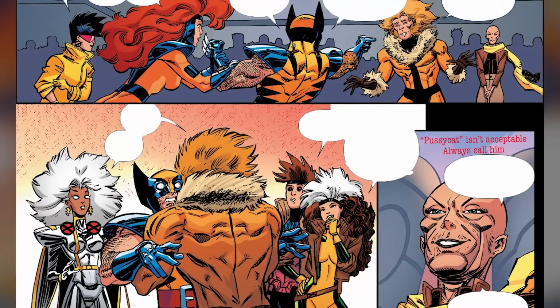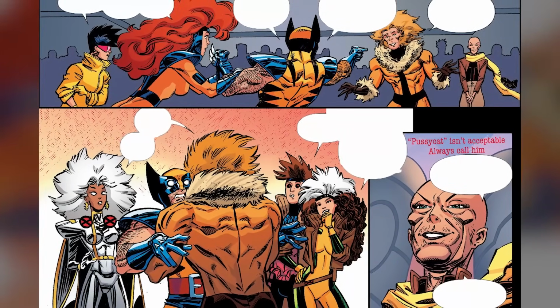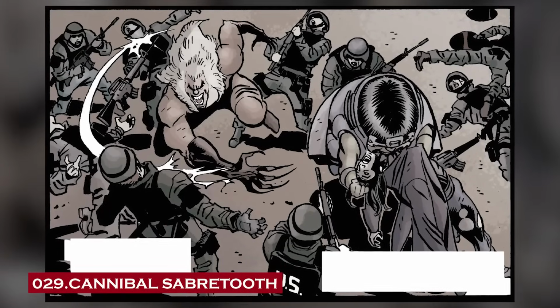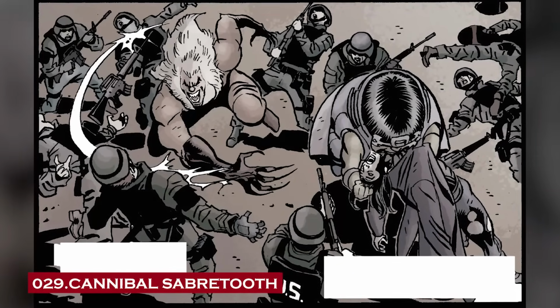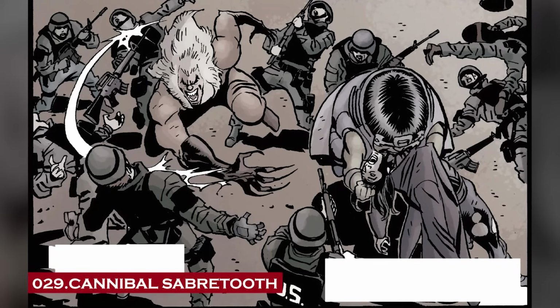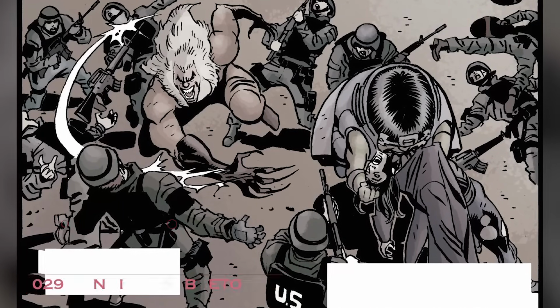Sabertooth, or Graydon Creed Sr., was one of the many mutants in this reality who were forced to live in peace and harmony under Cassandra Nova's manipulation. 29. Cannibal Sabertooth. Cannibal Sabertooth was a variant from Earth 11080, where a plague had caused the entire population to turn into cannibals. Sabertooth got caught up in turf wars among the population as people formed tribes and fought with